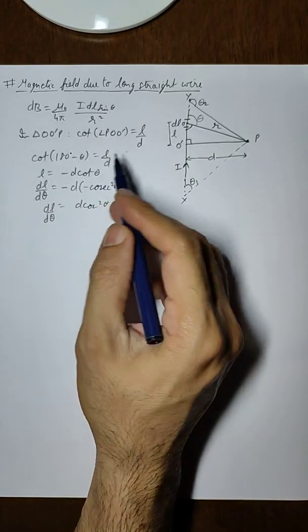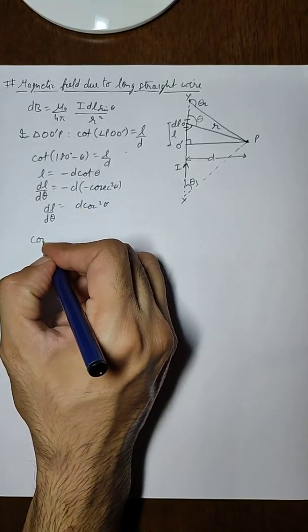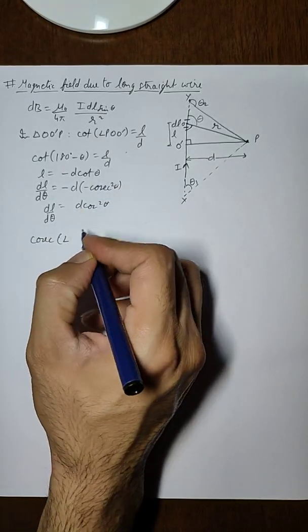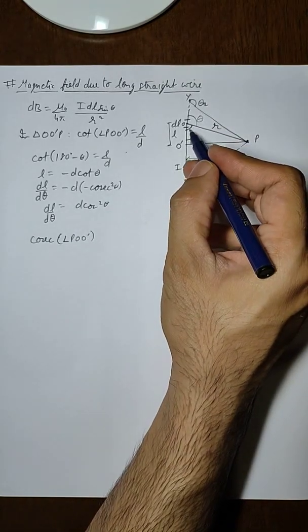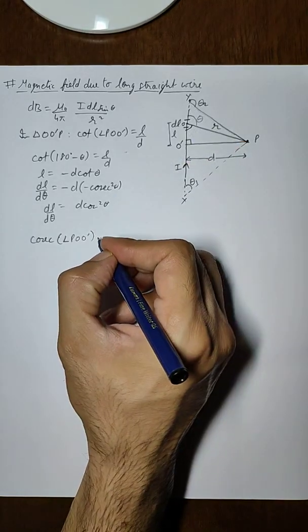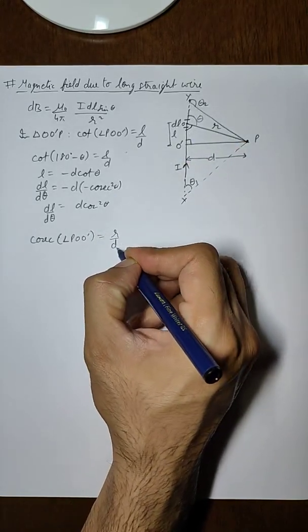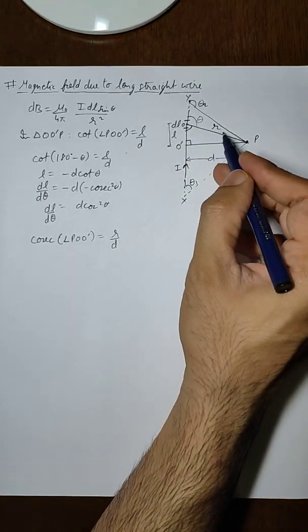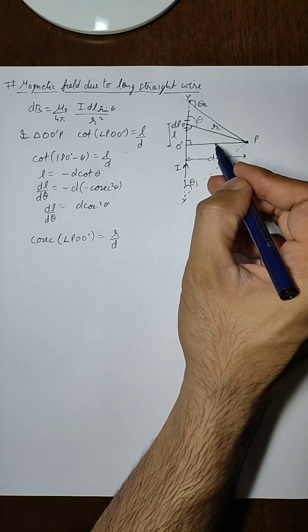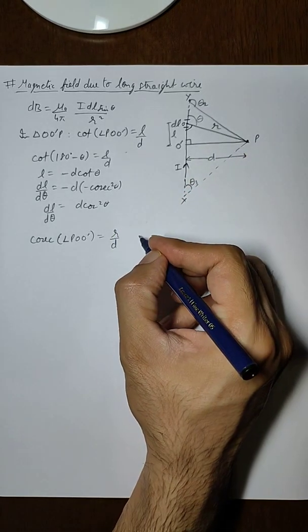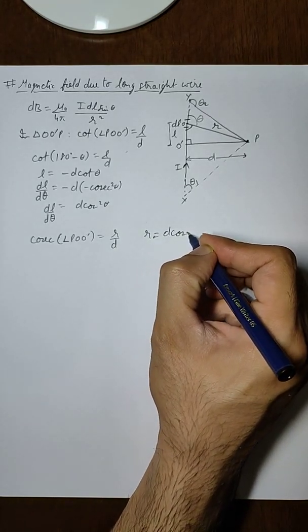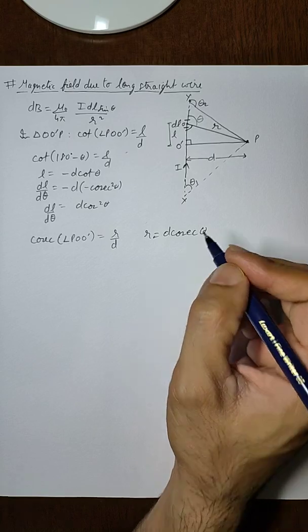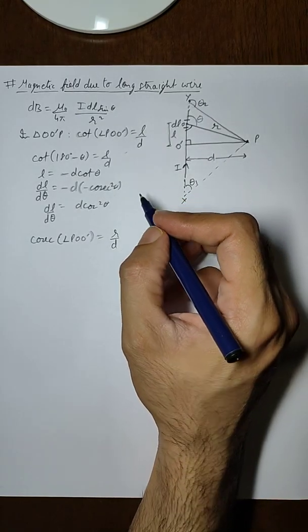Now again, if we take the same triangle and we find the cosec of angle POO dash, then this cosec will be equal to r by d, the hypotenuse upon perpendicular, or we can write r equals D cosec theta. Now if we use these two equations,